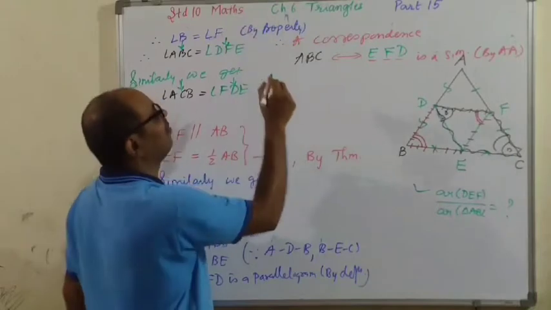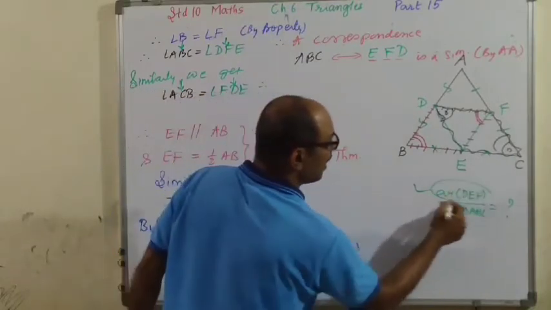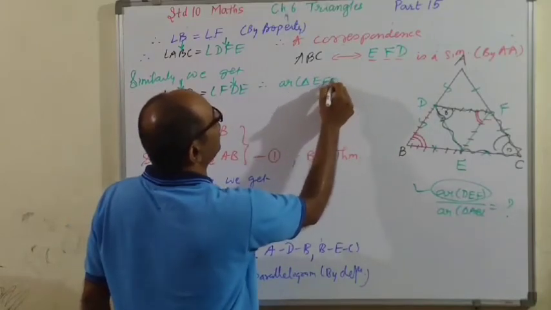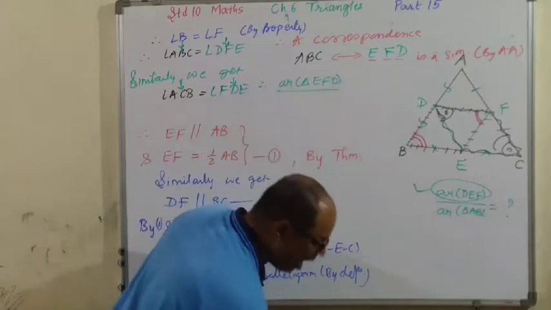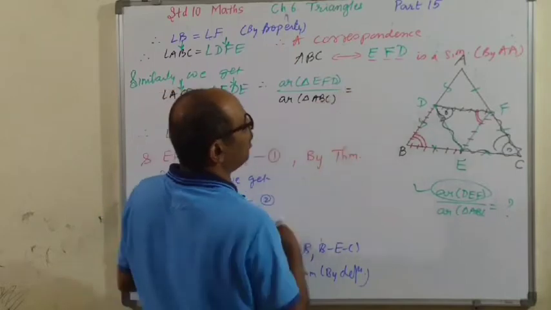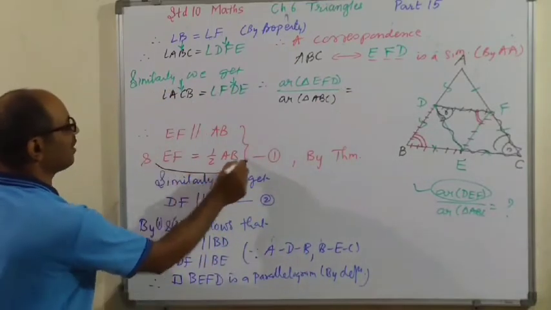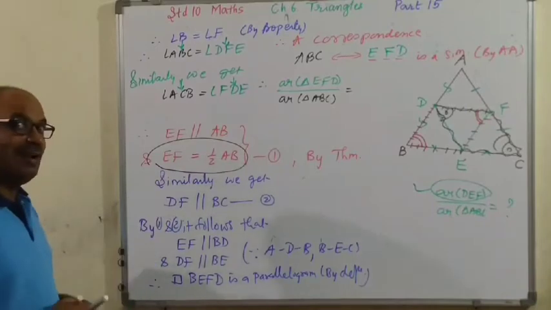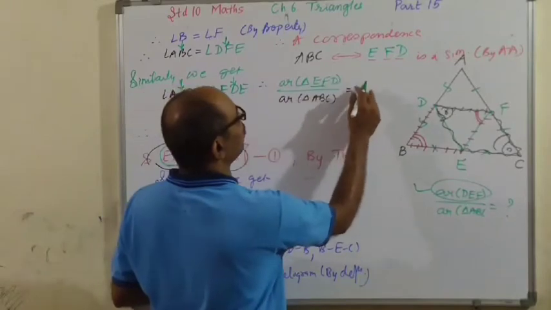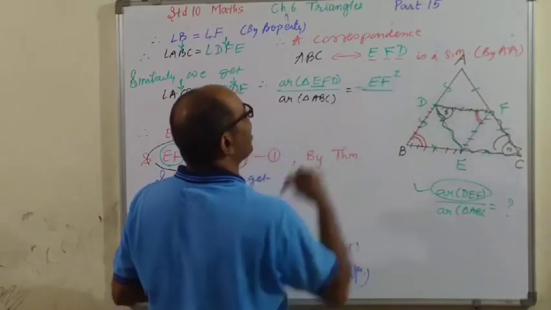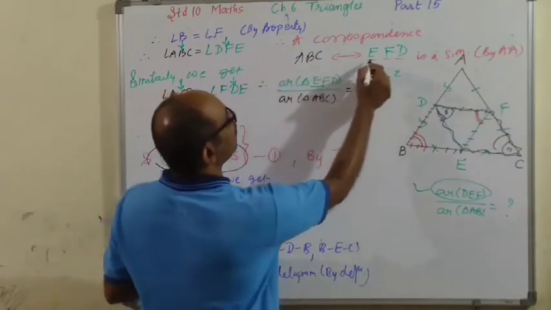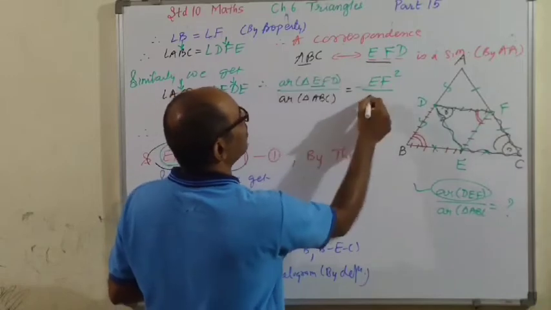Therefore, similarity आ गई, so I can get the ratio. ऊपर एरिया ऑफ ट्राइंगल DEF है, area of triangle EFD upon नीचे area of triangle ABC is equal to. Children, मेरे पास result 1 में EF और AB है, so I pick up that ratio only. चलो EF चाहिए, so यहां से EF लो तो I will get EF square. Square चाहिए ratio of area में, और EF लिया, if you have taken EF you will get AB, so AB